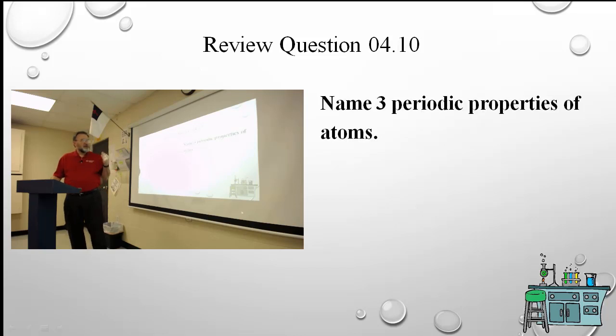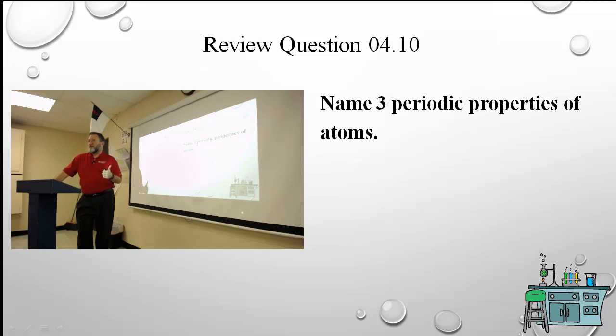Name 3 periodic properties of atoms. Atomic radius, ionization energy, and electronegativity. Right, those are the 3 we covered. Ionization energy, electronegativity, and atomic radius. Now we're going to review it tomorrow just by the homework, the way I broke it down, but the next question asks how these different properties trend. Even though we're going to do it tomorrow formally on a slide,